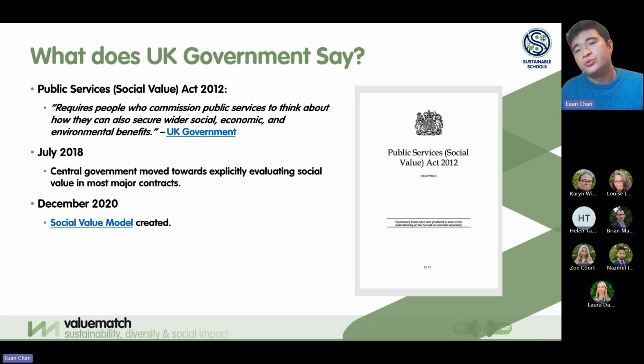To improve on this, this was built upon in 2018 when the government made a commitment to explicitly evaluating social value in major contracts. However, defining social value was still a bit vague. One of the major changes in 2020, following consultation with different departmental, policy, and industrial groups, was that the UK government released what's called its social value model, which defines a set of priority themes and policy outcomes that are important to government commercial activities. So we'll cover what the social value model is in the next section.